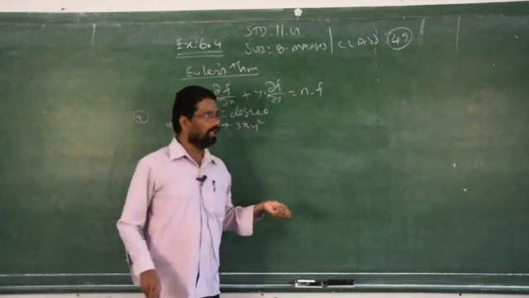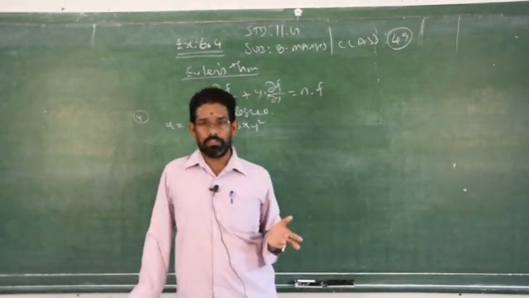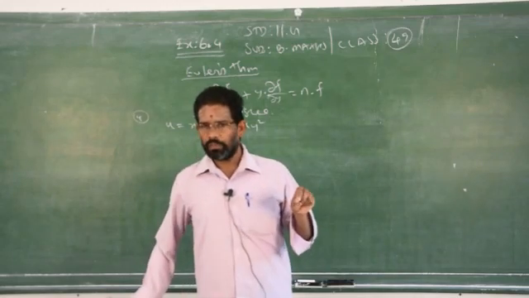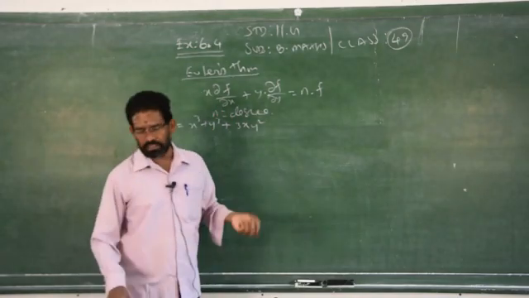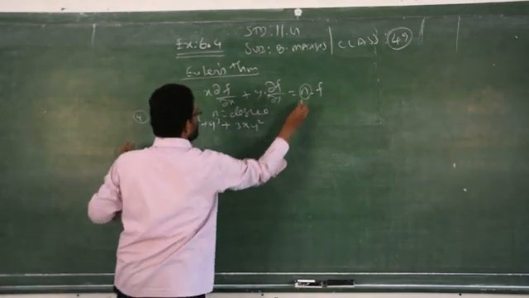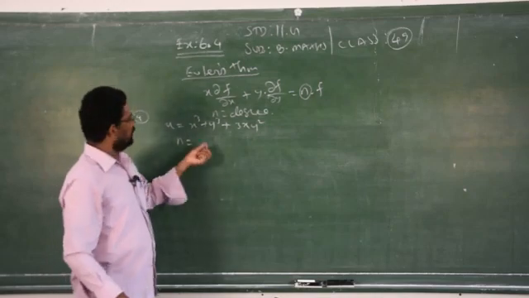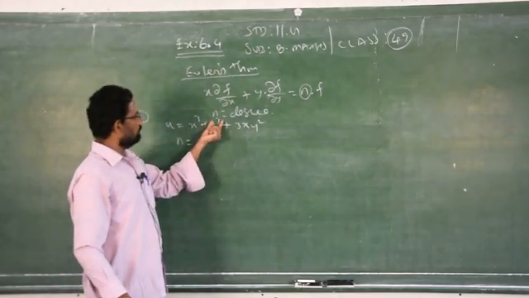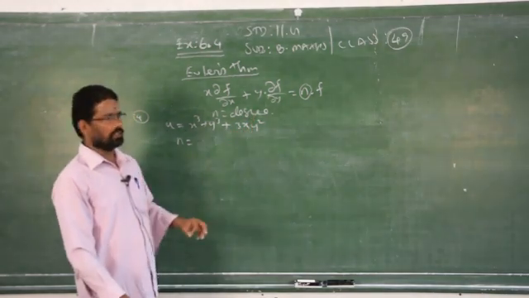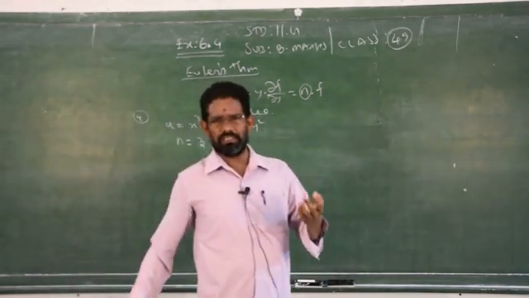For using the Euler's theorem, the function should always be a homogeneous function. If it is non-homogeneous, you have to bring it into a homogeneous function and then proceed. Here they are asking to verify the Euler's theorem. This is the formula. In this formula, you should know what is n. So what is n? n is the degree of the given function. What is the power of x? 3. What is the power of y? 3. What is the power of x? 1. If it is under multiplication, you can add the powers, 1 plus 2, 3. So n is equal to 3. So the degree of the function is 3. I found what is n.